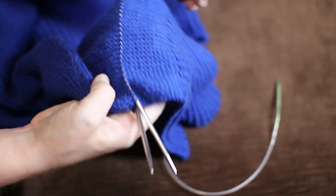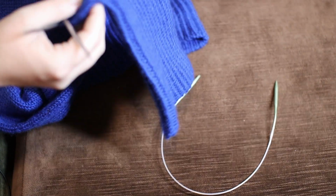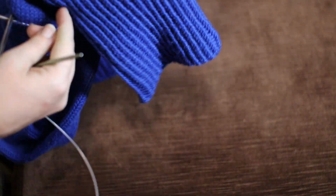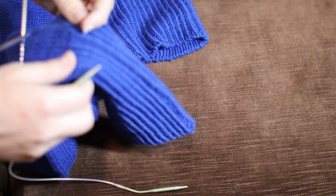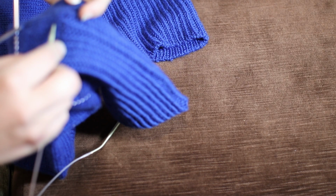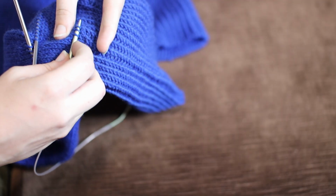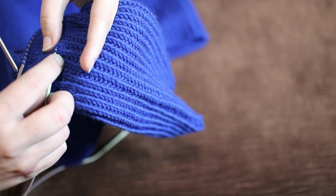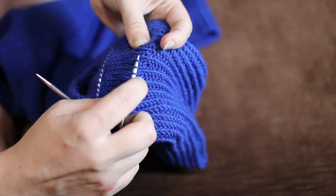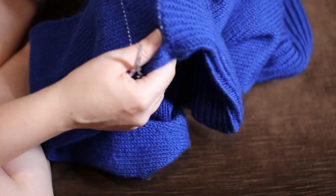All right, so now you can see I've got my first round of stitches on these needles. And now I'm going to do the same thing again, lower down. And because I want to unravel this section between the ribbing, I'm going to go right to where I started the ribbing, maybe 1 row below that. We'll say right here and start picking up. Same thing that I just did, but doing it again on a second set of needles. All right, so now I have both of my rounds of stitches picked up,